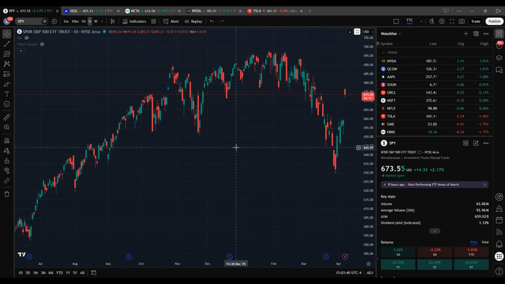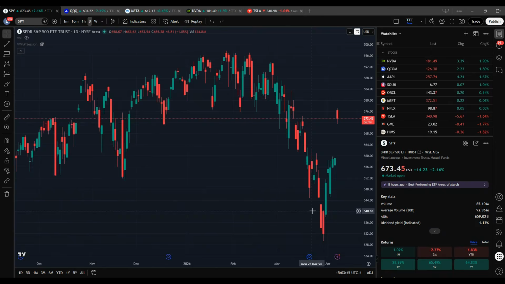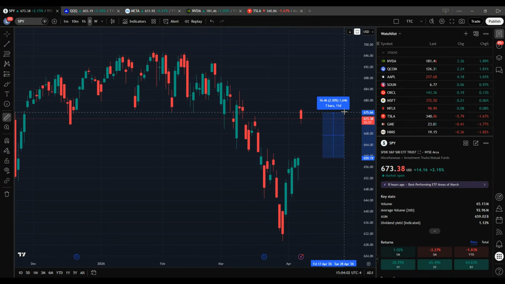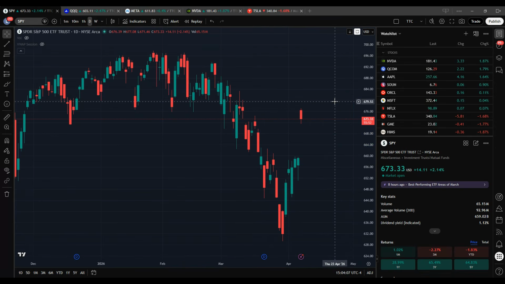So the S&P, at least for today, great move up. We can see that we're up over 2% from yesterday off of news that a ceasefire or a 2-week extension was given to Iran by Trump, right? When he threatened to literally kind of nuke or obliterate Iran. So it had a nice push up, opened up about 2.5% higher, but sold off, then recovered and is selling off again right now